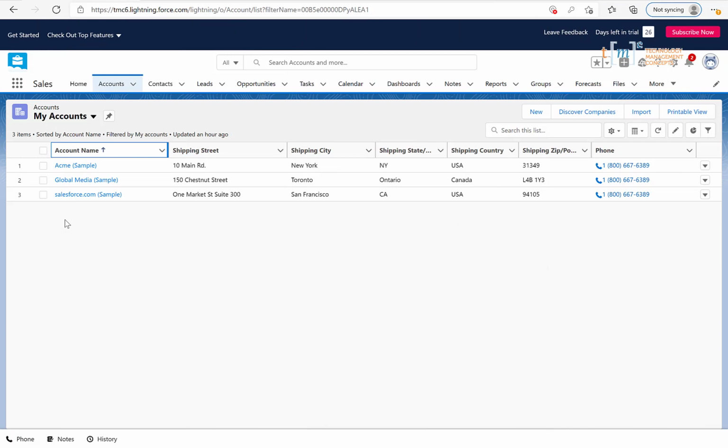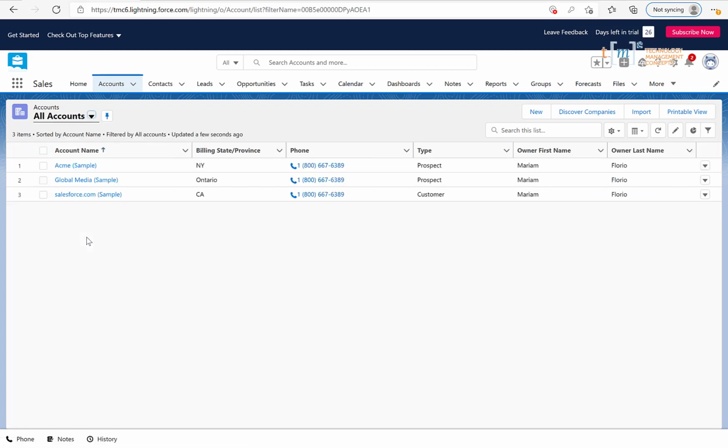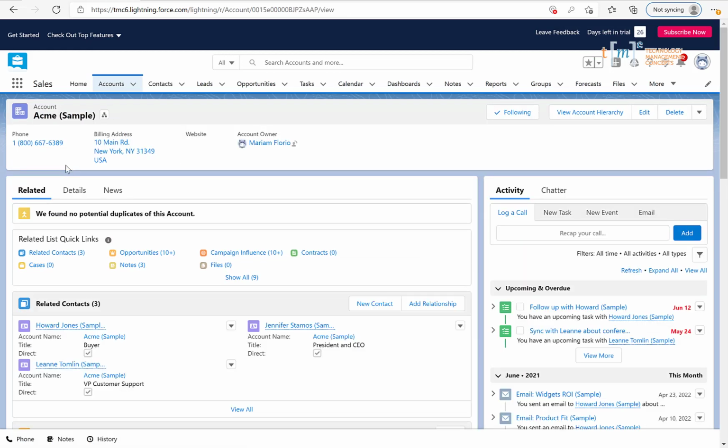So I'm logged into Salesforce and I'm looking at the accounts view, which I can change to show me a different view. And as you can see here, it lists out the accounts. I'm going to click on an account to drill into the record. So when I pull up an account record inside of Salesforce, I can see the basic information at the top